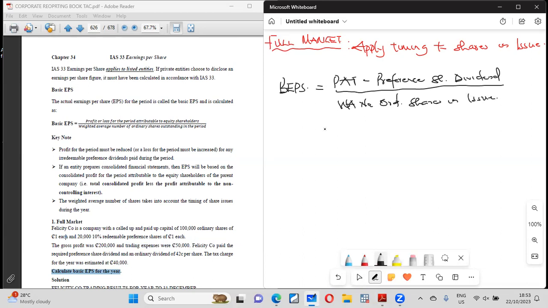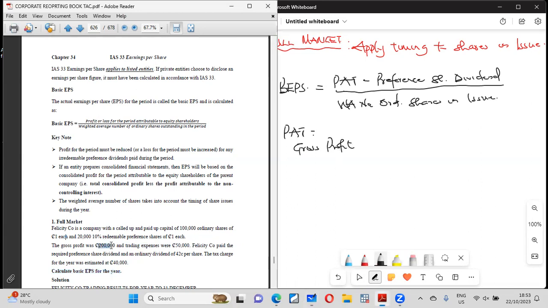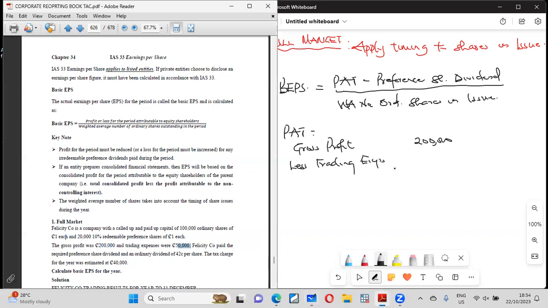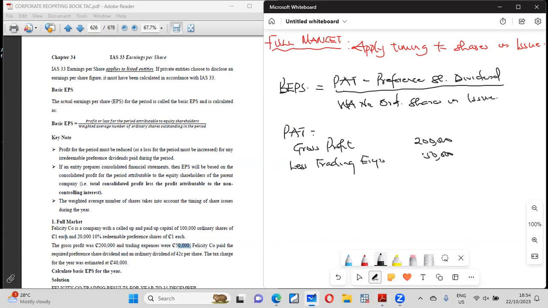All right. That said, what is our profit after tax? This is the information we are given. The gross profit. So we look for our profit after tax. We are given a gross profit of how much? The gross profit we are given here is 200,000. We need to less our expenses. So the expenses, we less trading expenses, and that is given to us as 50,000. So it means that our operating profit is